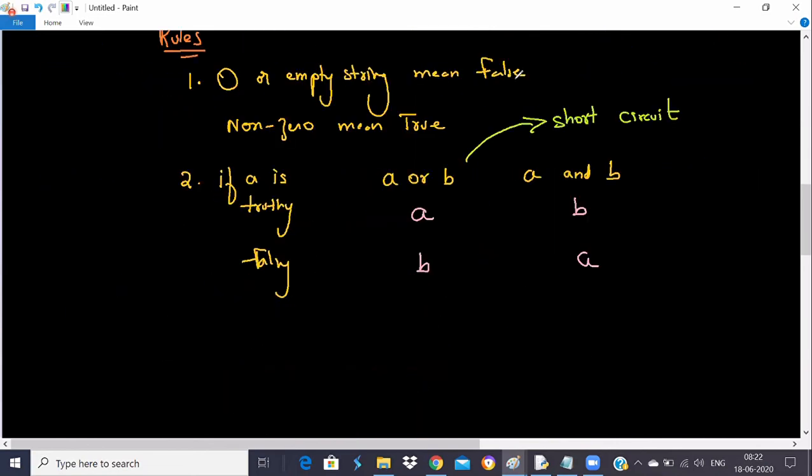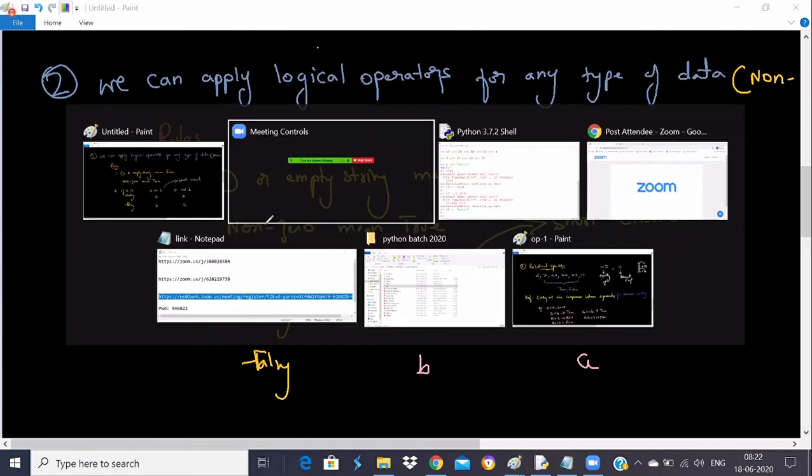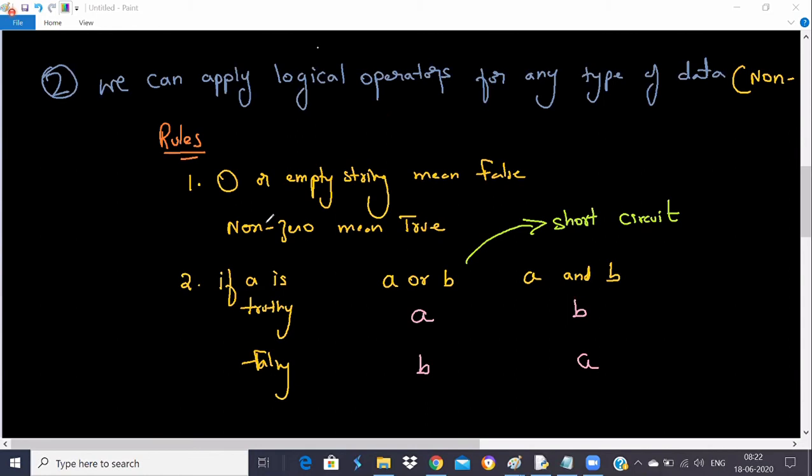If you use them with non-boolean types, then you have to remember these two rules. Please take down these rules. You have to remember them whenever you apply this to non-boolean values. If the first one is false, it will go on to check the second one until it finds true. Yes, we have to practice more through examples for perfection.